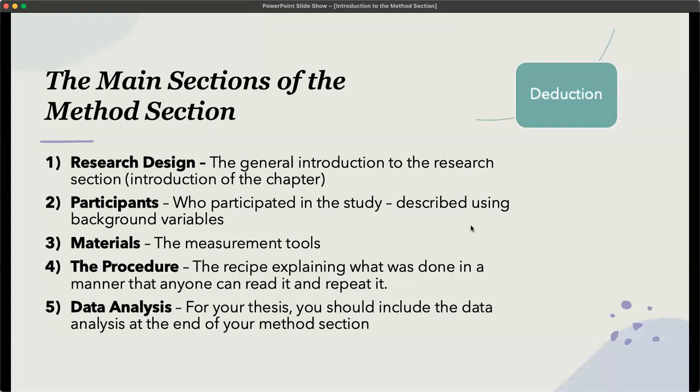The procedure, this is your recipe. This is where you explain what was done in a manner that anyone can read it and repeat it. If someone cannot repeat your study based on how you've written the procedure, that means you did not write it clear enough. And the final section for this thesis degree